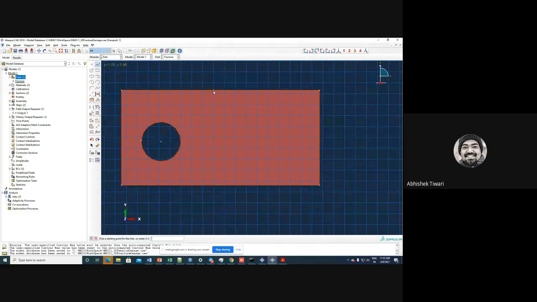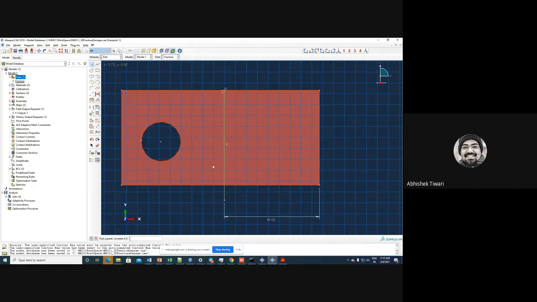So let me draw a line here, and let us see how much is the distance from that side. This distance is 13. So my distance of crack tip is 10 millimeter. So I will keep it, let's say 12 millimeters.